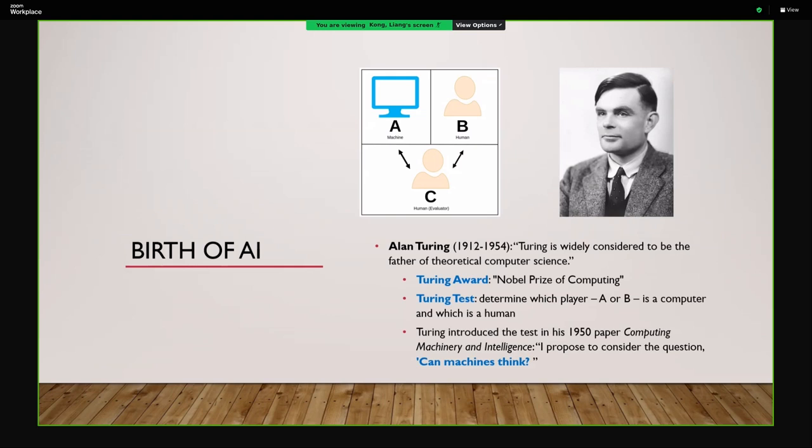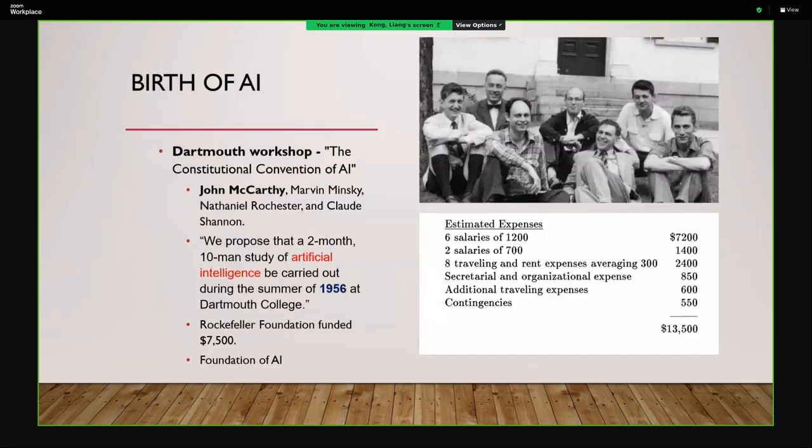Think about ChatGPT right now, a large language model. Can you tell the difference? It's hard for me to tell the difference, right? So for certain tests, definitely, large language models have passed this test. For certain tests, I'm not saying all the tests, right? So this simple idea gave birth to AI. However,